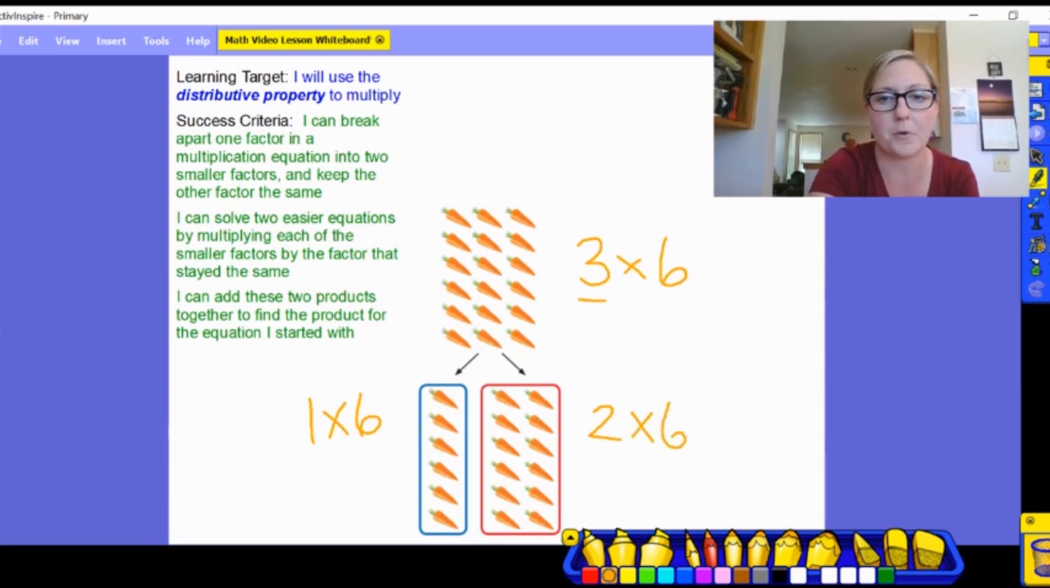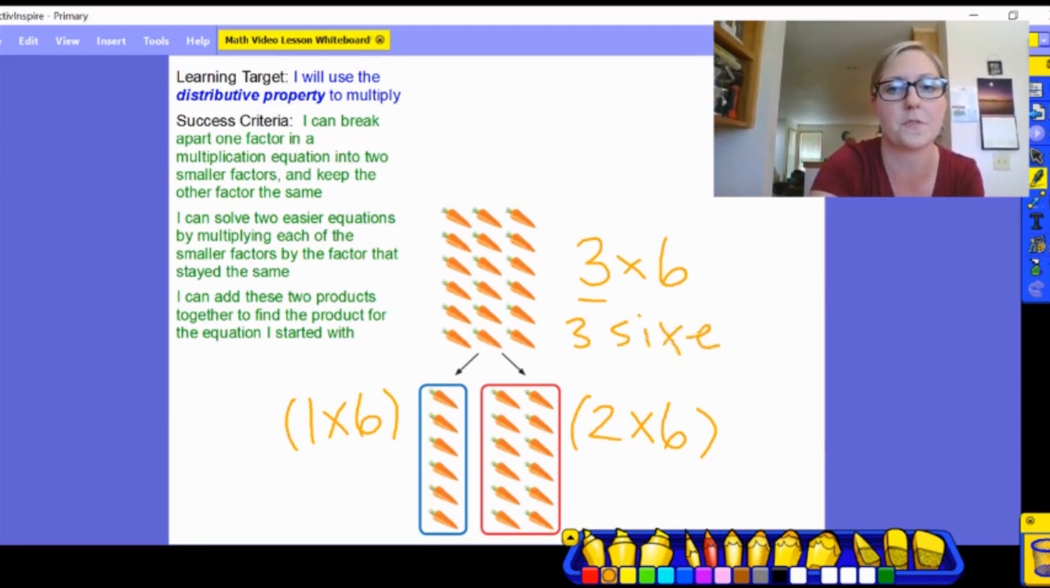So in other words, they broke apart 3 times 6 into 1 times 6 and 2 times 6. Another way to think about this, remember that when we think about multiplication, we're thinking about equal groups. So 3 times 6 is like 3 sixes. And in order to figure out how much I have altogether, if I have 3 sixes, I can think about